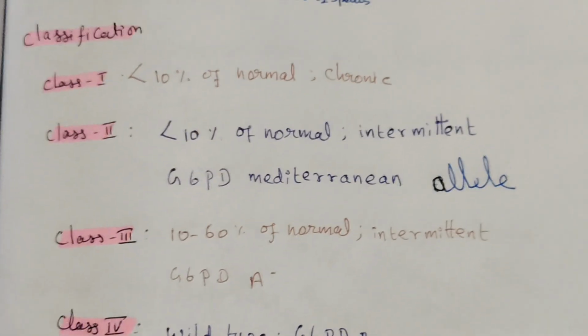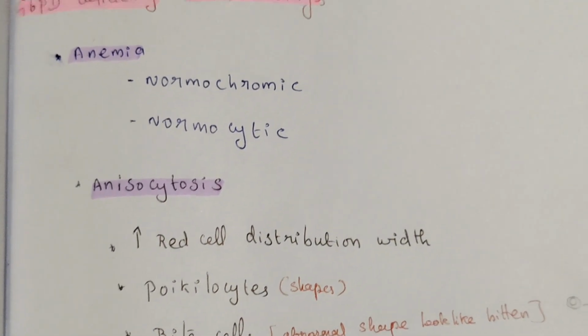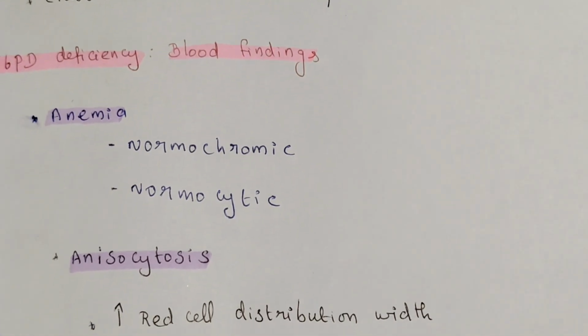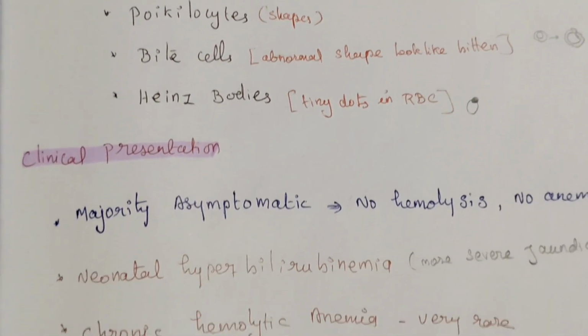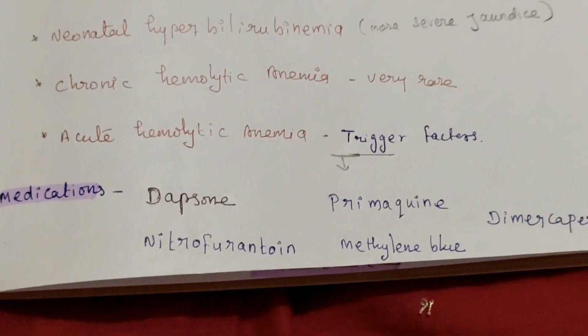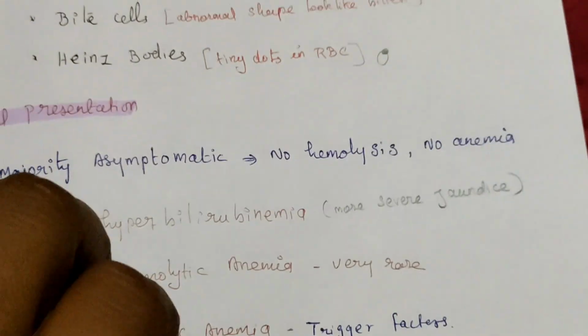5 different types of classification. Then blood findings, clinical presentation, medication,